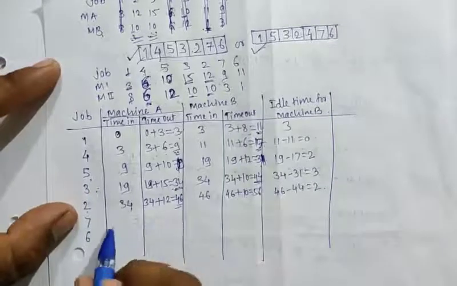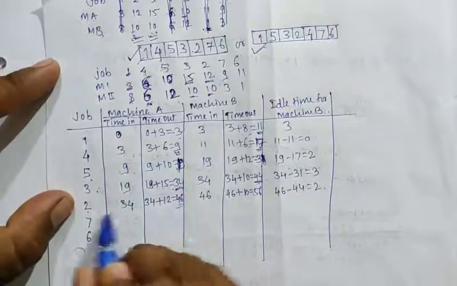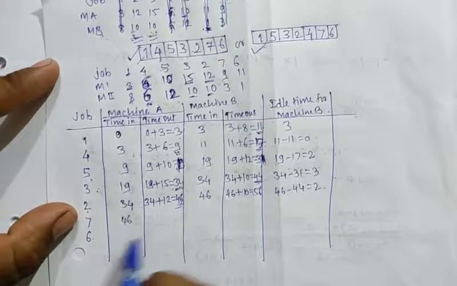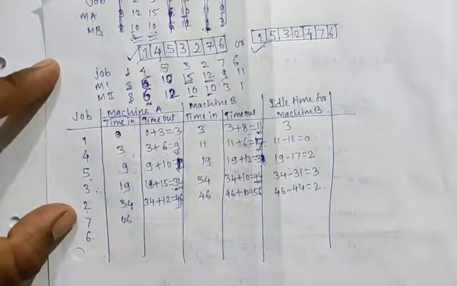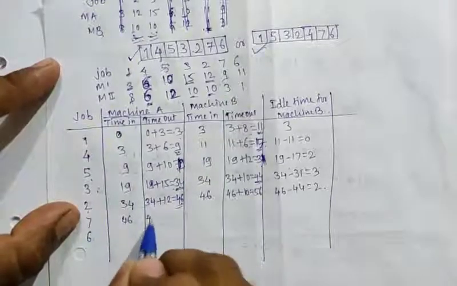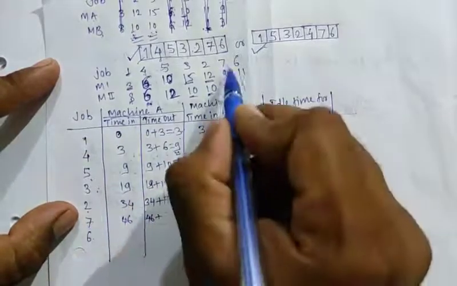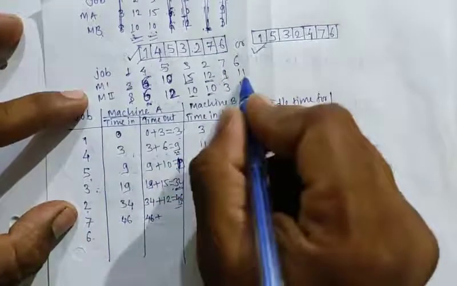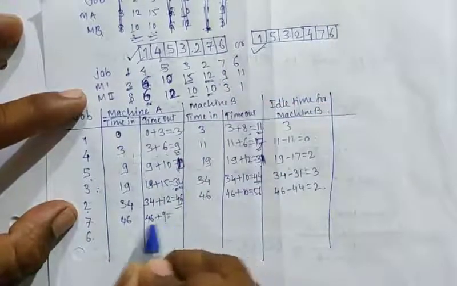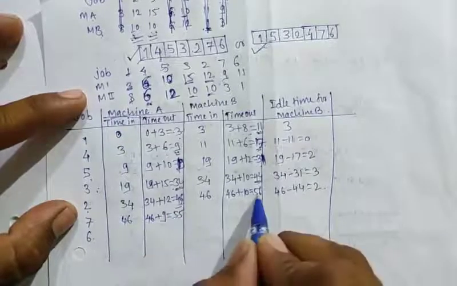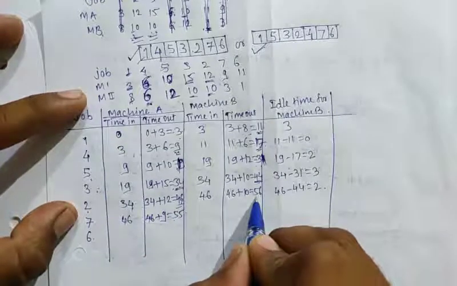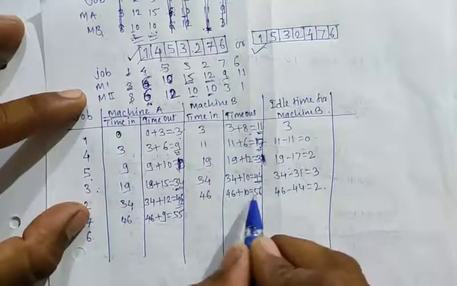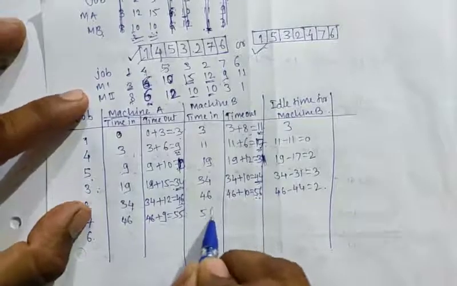And for the seventh job, the time out of the second job is the time in of the seventh job, which is 46. So we take it as it is. Now 46 plus, for the seventh job, the time to complete on machine M1 is 9 hours, which is 55. And the time after completing on the second machine is 56 hours. So the maximum among these two is 56.